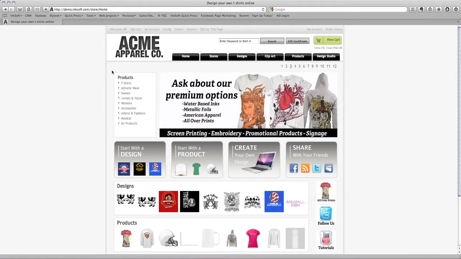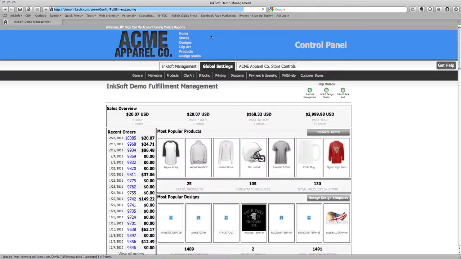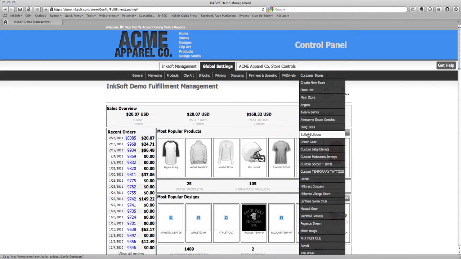So what we're going to do now is we're going to log in and we're going to select config. And from config, what we want to do is navigate to a store. Now, if you're doing this for the first time, we'll go ahead and click on store controls. For future purposes, we can go ahead and navigate to customer stores, choose the store, and then we'll be at